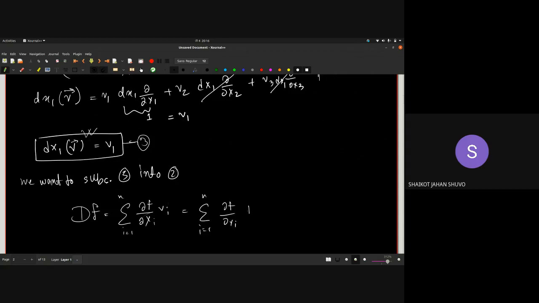Instead of vi, you will have dxi, that is acting on a vector, right? So we are almost there. We are almost there, but all we have is this extra v that this differential form is acting upon. So there is another definition of this